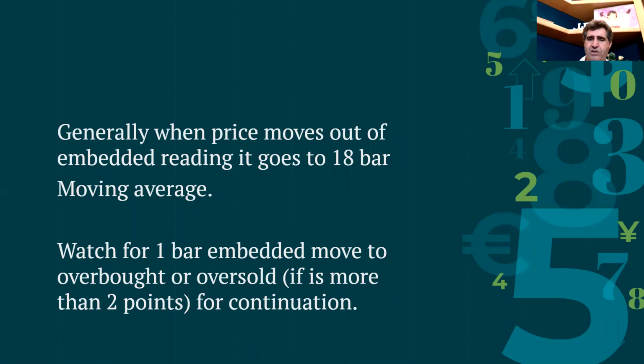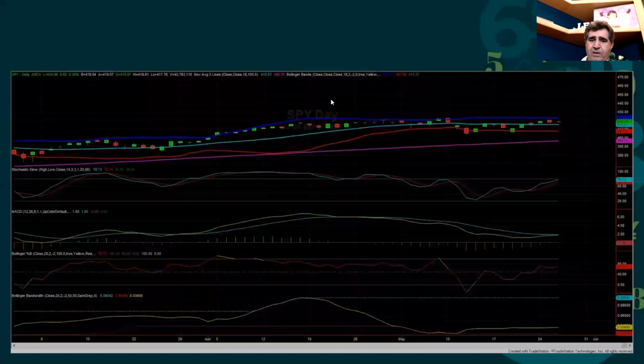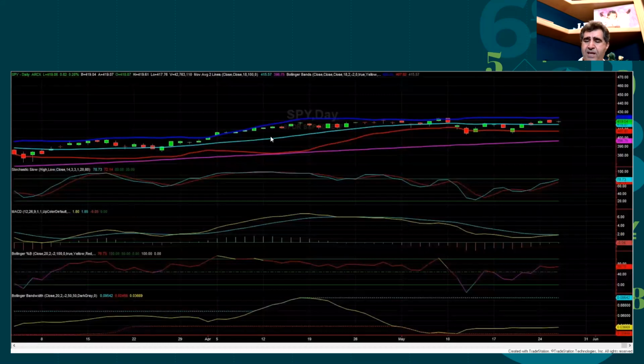The same thing when it's under 20. Now, if it's 20, it goes to 21, there's a good chance it might come back and continue with embeddedness. But if it goes from 20 to 25, that means that you're oversold and get out of your shorts. And if you want to start buying, maybe combining with other indicators, that might be a good time. So what I have here is